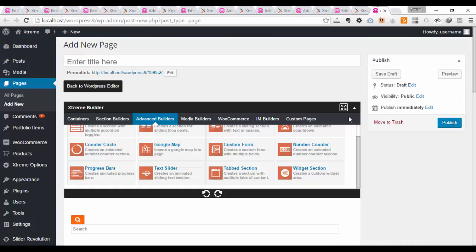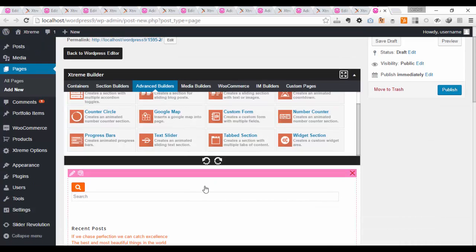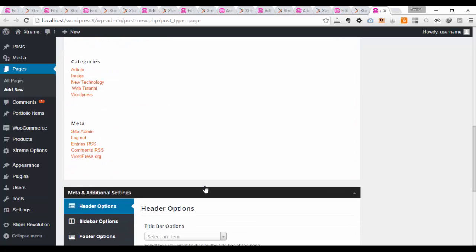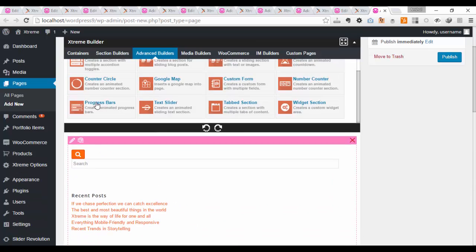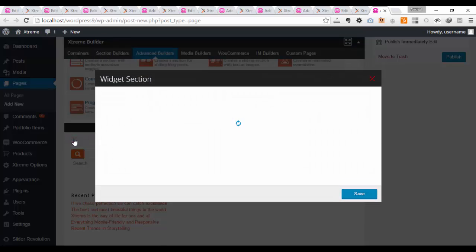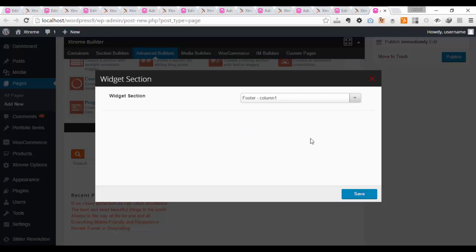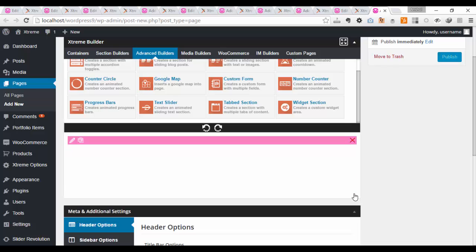Alright, so inside the widget section we can add custom widgets anywhere on the page, not just the sidebar, not on the footer, but anywhere on the page by using the widget section. What we have to do is, when we click on the options or the pencil icon to edit the widget section, we get the list of all the widgets that we have. So in case I want to show the footer column 1 widget that I've set from the appearance widgets, and click on save,